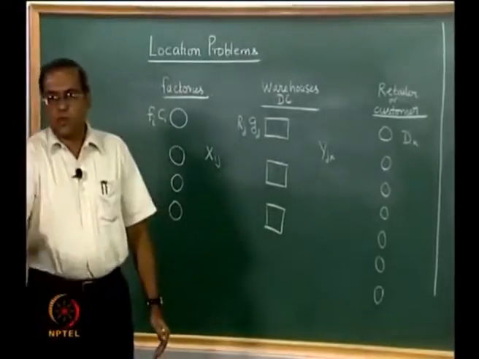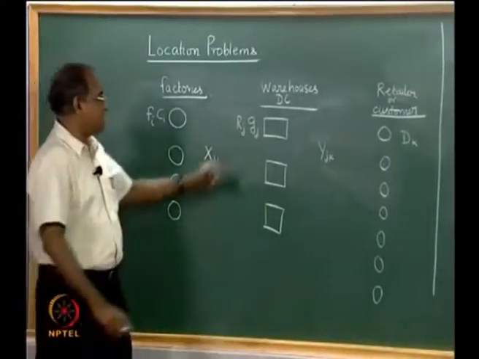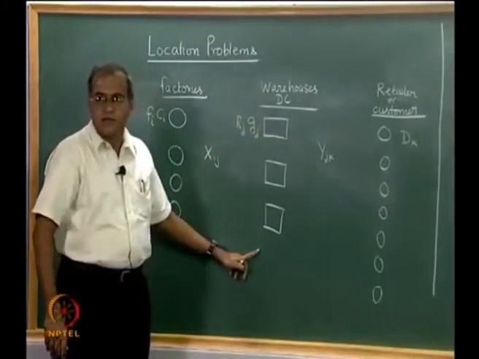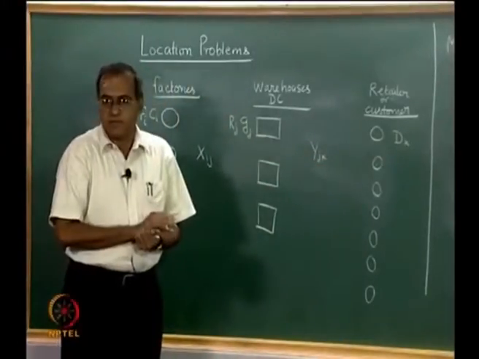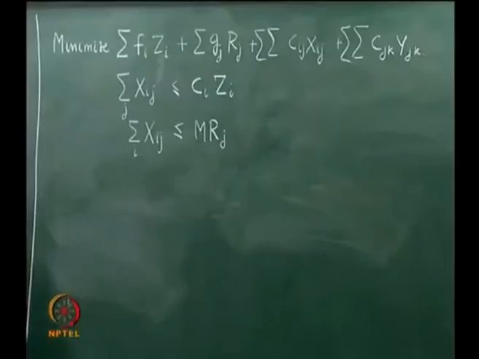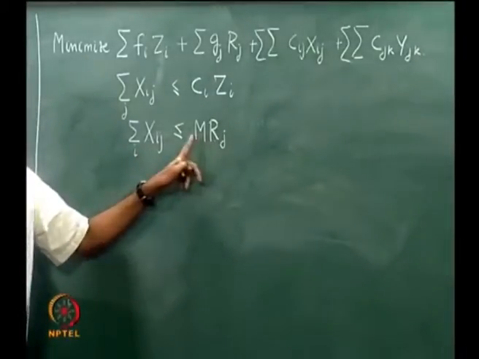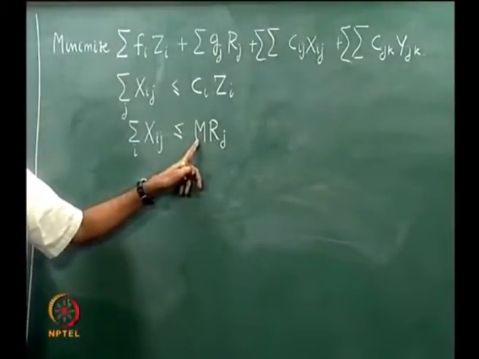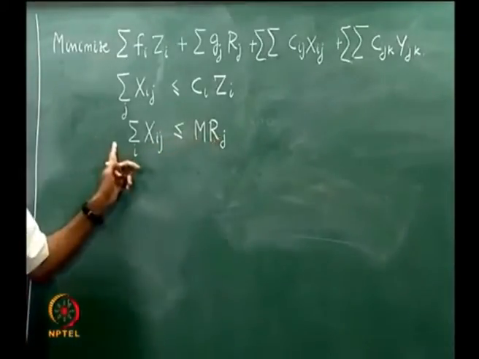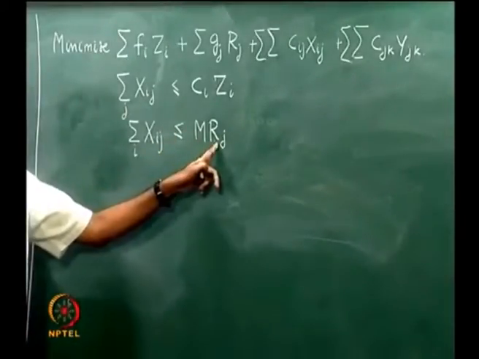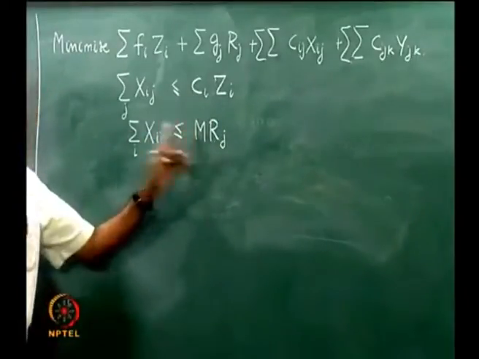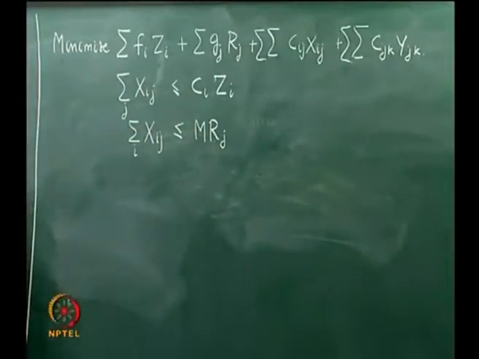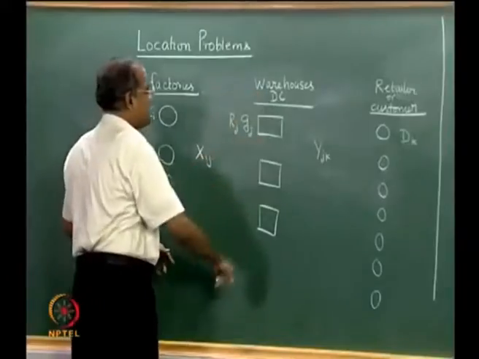So, Rj is 1 only when there is a warehouse that is opened here. So, only when a warehouse is opened it can receive something. If the warehouse is not opened, then this Rj will be 0, big M is large and positive, therefore, it cannot receive anything. If this warehouse is opened, then whatever it can receive right now is an infinite amount of quantity, but if there is a capacity with respect to this, which is